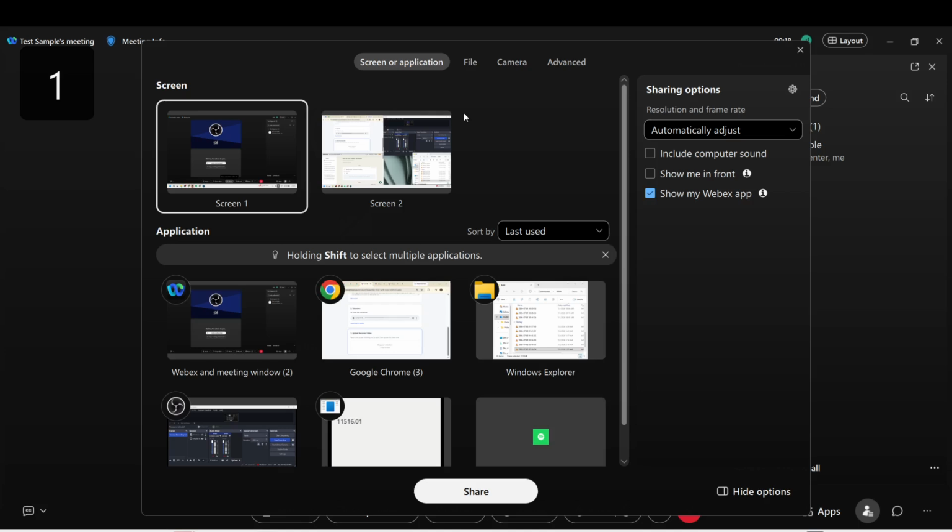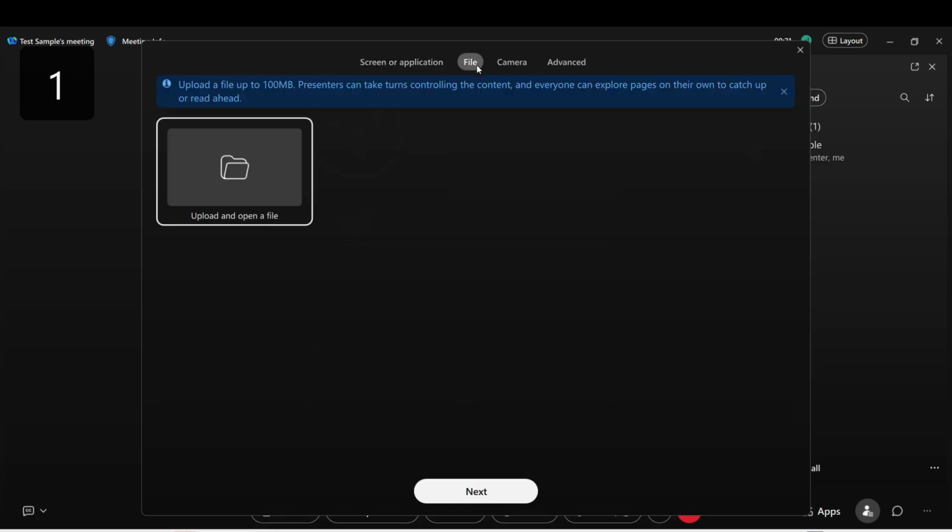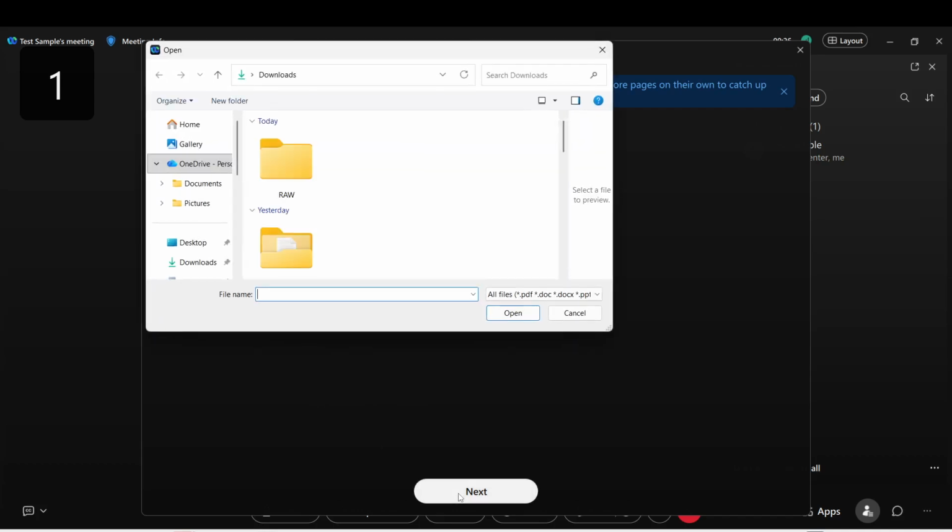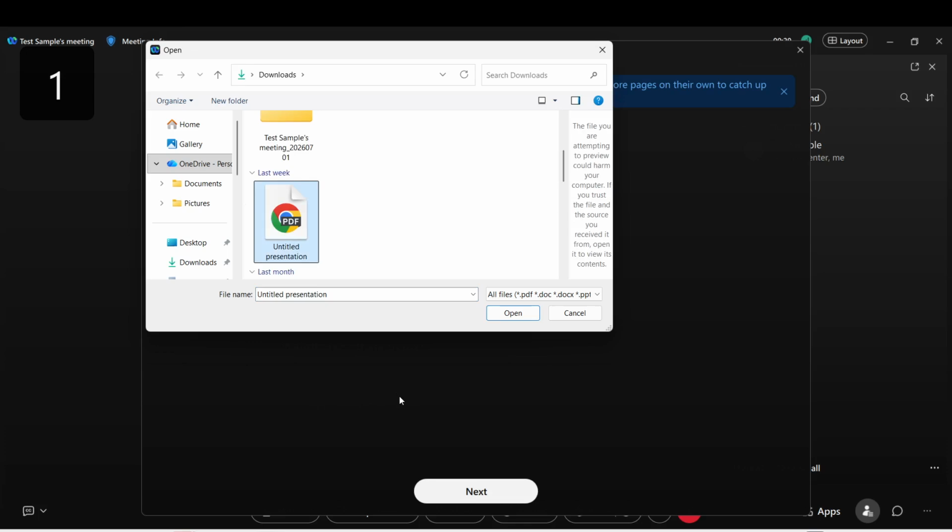Next, look at the bottom left of the pop-up window and click Share File. This option allows you to choose a document from your local drive. It's a straightforward step but essential for sharing specific files. After clicking, you will see a File Explorer window pop up. This is where you select the file you wish to share. Taking this step ensures that everyone in the meeting has access to the same information, promoting collaboration and understanding among